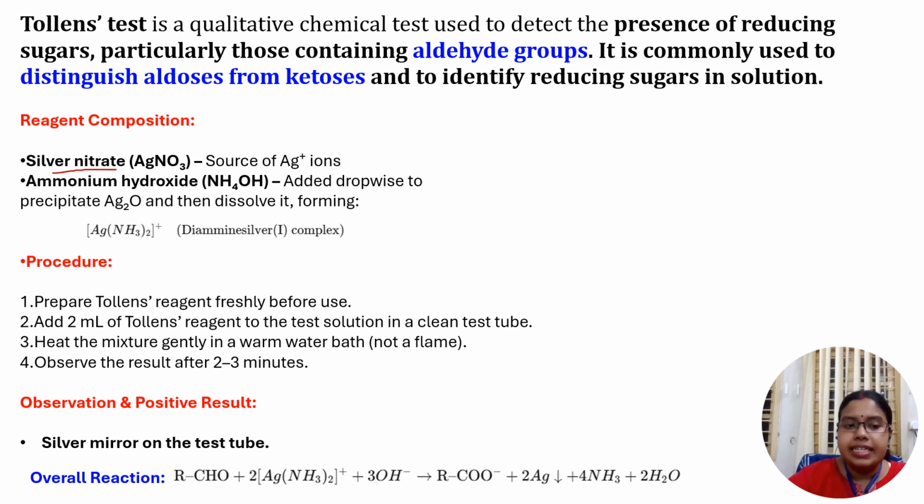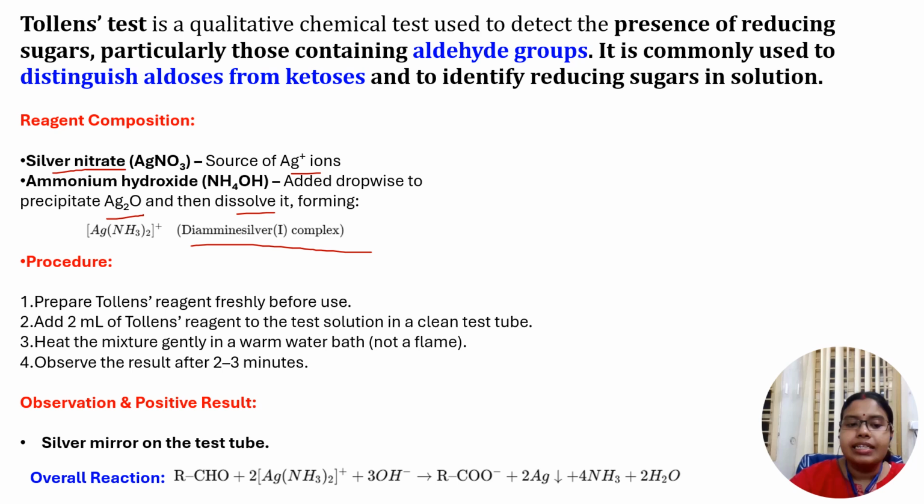What is the reagent composition for the Tollens test? The silver nitrate, which is the source for the silver plus ions, and ammonium hydroxide added dropwise to the precipitate Ag2O, and then dissolve it. So it is forming the diamine silver complex. What is the procedure? Prepare the Tollens reagent freshly before the use. Add 2 ml of Tollens reagent to the test solution